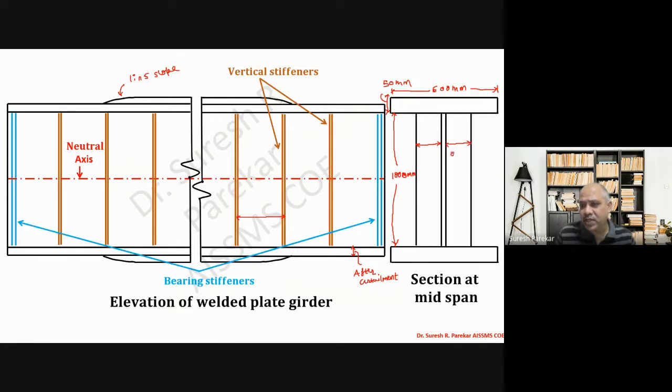So you have to write down this value, that is BS, outstand of vertical stiffener. So that dimension you have to write down, outstand of vertical or transverse stiffeners, while you are plotting this. Then you have to write down total length of the welded plate girder. If it is 28 meters, then you can write it as 28 meters or 30 meters, whatever you have. So this is the first part.